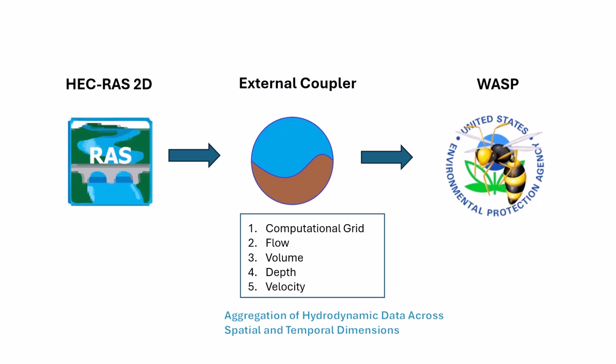So the coupler provides the computational grid, flow, volume, depth, and velocity data from HEC-RAS to WASP for sediment and contaminant simulation. So in addition to this data, the coupler also allows for aggregation of the hydrodynamic data across both spatial and temporal